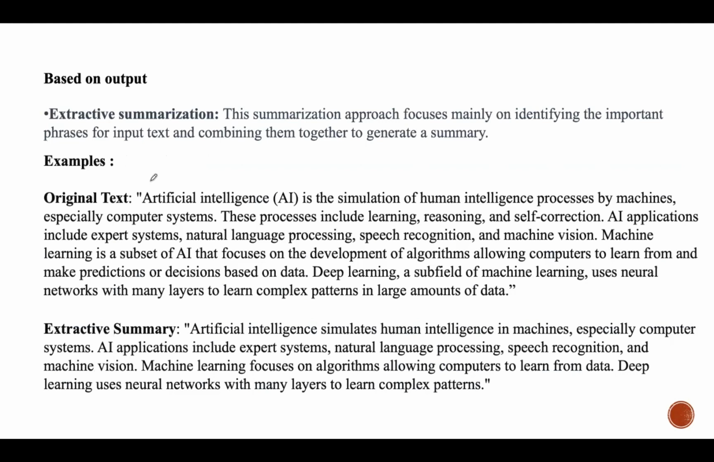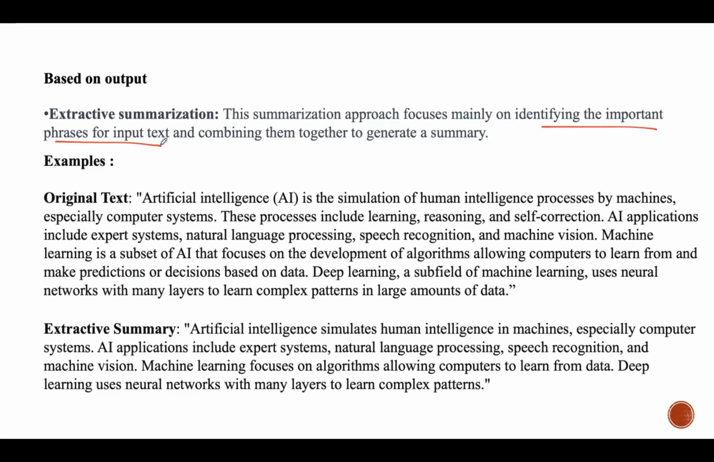And then, based on output, how to generate the summary? There are two techniques here. One is extractive summarization. It mainly focuses on identifying important phrases from the input text. After identifying the important points, it will combine everything into a summary. So what is done in extractive summarization? It will take the article, find the important points from that, and then combine all the statements together